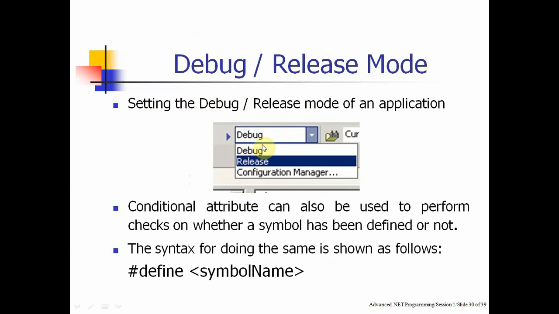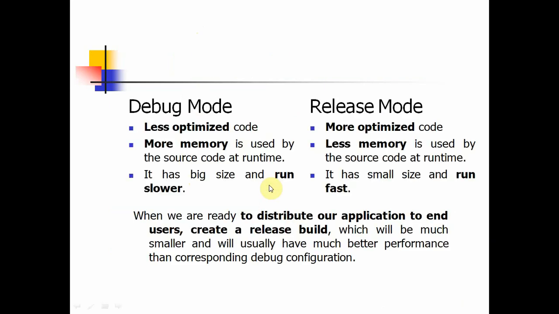So now what is the difference between debug and release? तो पहले इसको समझते हैं, फिर प्रोग्राम पे आते हैं हम. तो the debug mode is less optimized while the release mode is more optimized. तो ये डिफरेंस है कि पहले डिबग मोड था, बाद में इसको चेंज करके रिलीज मोड में आ गया. तो ये रिलीज मोड इज मोर एडवांस, एंड डिबग मोड टेक्स मोर मेमोरी, used by source code at runtime,